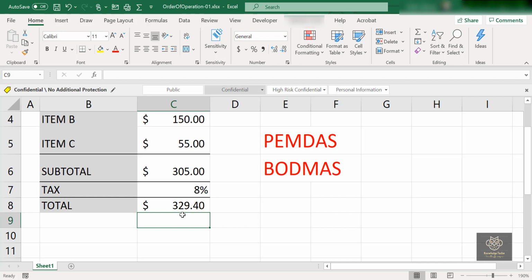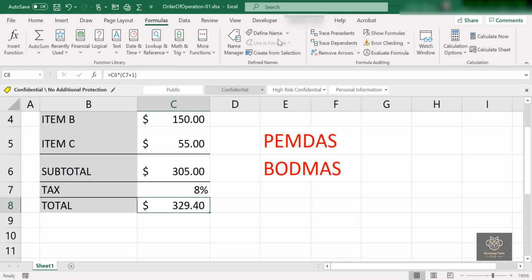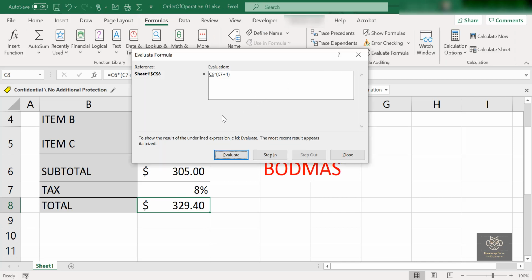So let's evaluate this formula again. With that cell selected, back to the formulas, formula auditing, evaluate formula. Now it's going to evaluate C6 first. So it evaluated C6. Great.